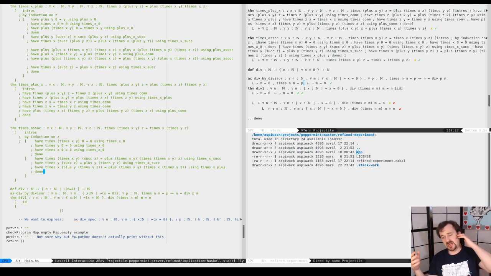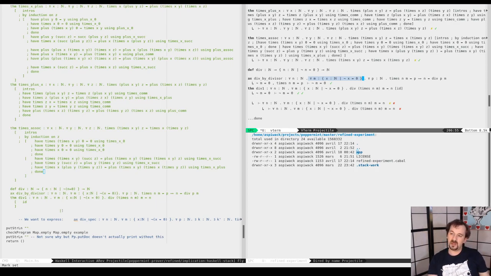And one of the reasons for that is that we generate properties for something like this. So if I introduce an M such that not M is 0, I kind of want